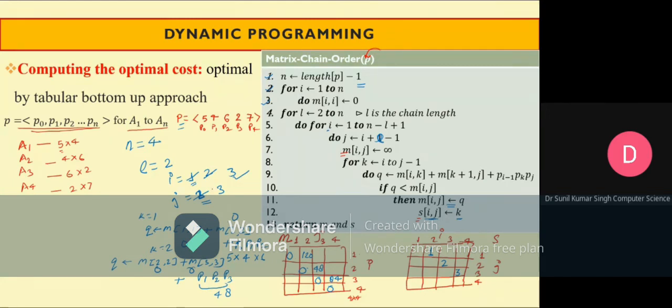Now after that, if we are going to increase the value of I, then this condition will fail, because I can go up to 3 only, and it will become 4. Now what we have to do, we have to increase the value of L. Now it is going to be 3.